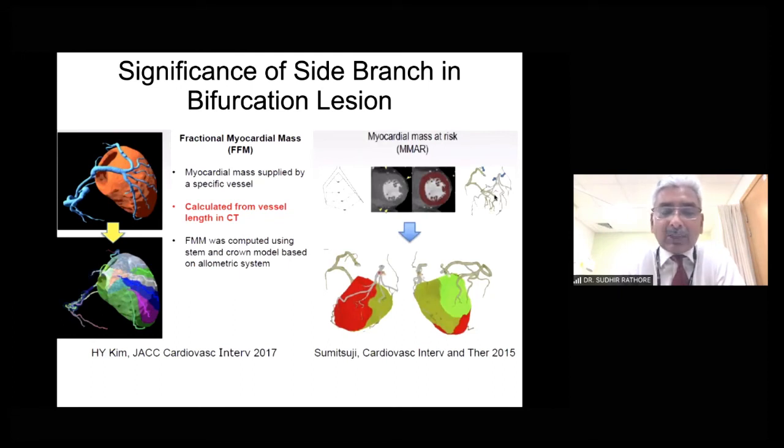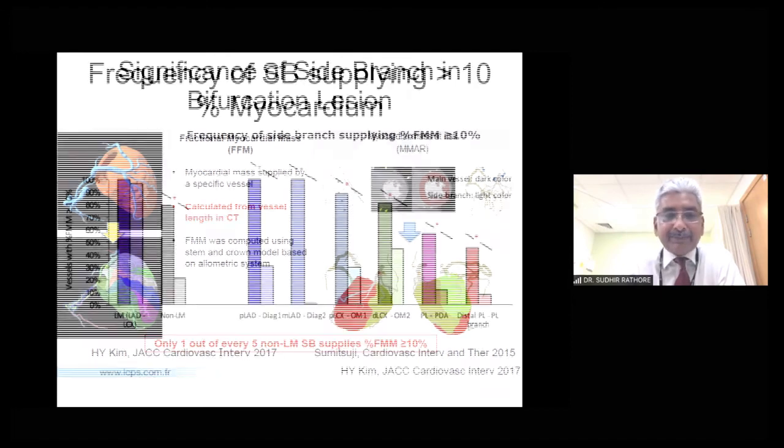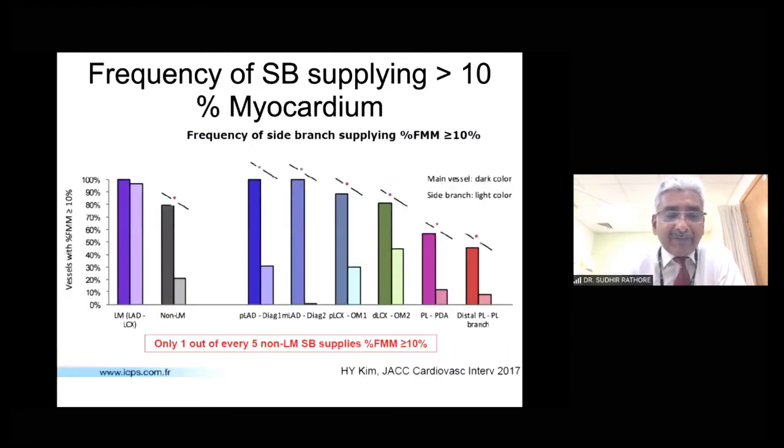I think the concept is that you need to treat a true bifurcation lesion with an important side branch. There's a concept of fractional myocardial mass, or the myocardial mass supplied by a specific vessel. It can be calculated by different means, and the larger the mass supplied by the branch, the greater the benefit. If you see here, the left main bifurcation supplies a large quantity of myocardium and